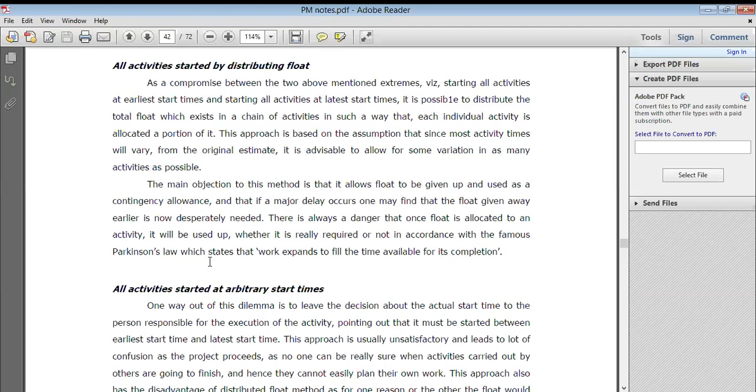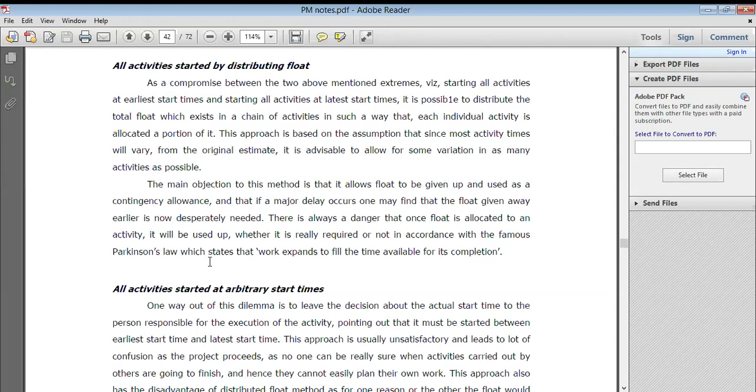Got it? So why are they saying that? Because for the last 2 days, 3 days you have not reported whatever work is going on, what kind of trouble you face, right? So that's why they don't listen to your reasons, and they just say yes, you need to complete that work on time. So there is always a danger, and because of that, the report was not submitted on time.